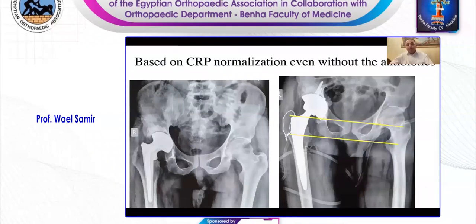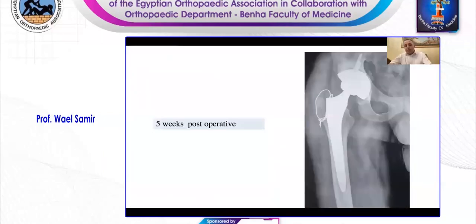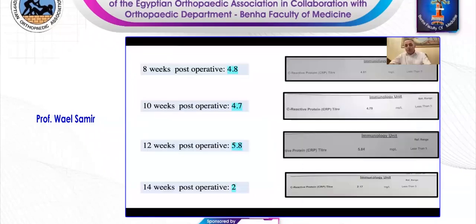And we went to remove the prosthesis and go for a totally cementless total hip replacement, and we were ready by all means of reconstruction of the pelvic deficiency, such as a tantalum augment for the superior deficiency. But actually we succeeded to achieve a very good fit by a large acetabular component with equatorial fixation between the anterior and the posterior walls, without need for any acetabular reconstruction in the superior or the medial part, and this is about 5 weeks post-operative.